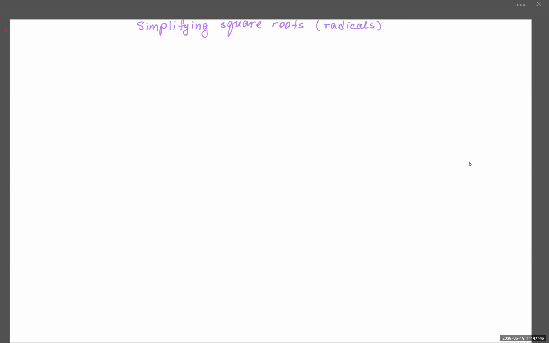In this video, we will focus on simplifying square roots. They're also known as radicals. And the first thing that is very helpful in simplifying square roots is to know the list of perfect squares. If at all possible, memorizing the list of perfect squares will be very, very helpful in this topic. So perfect squares